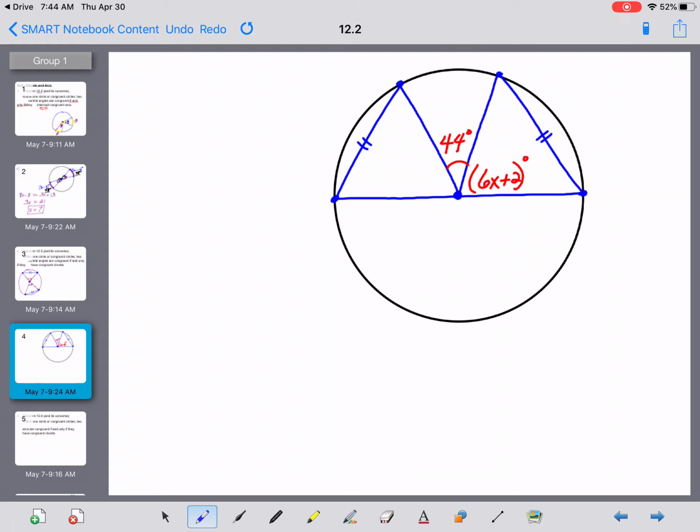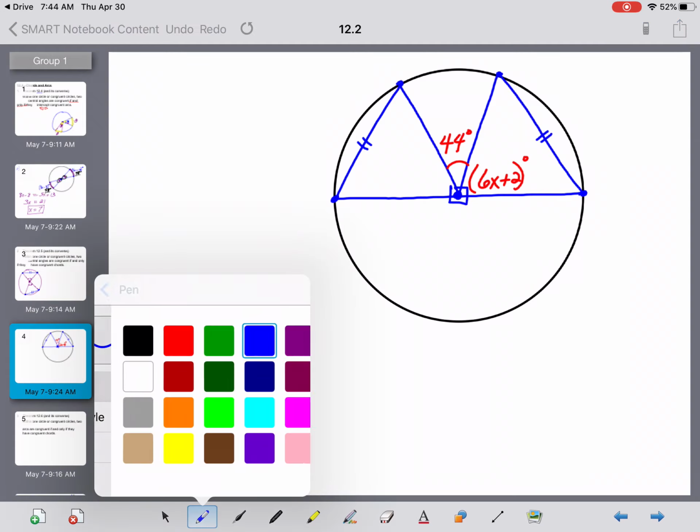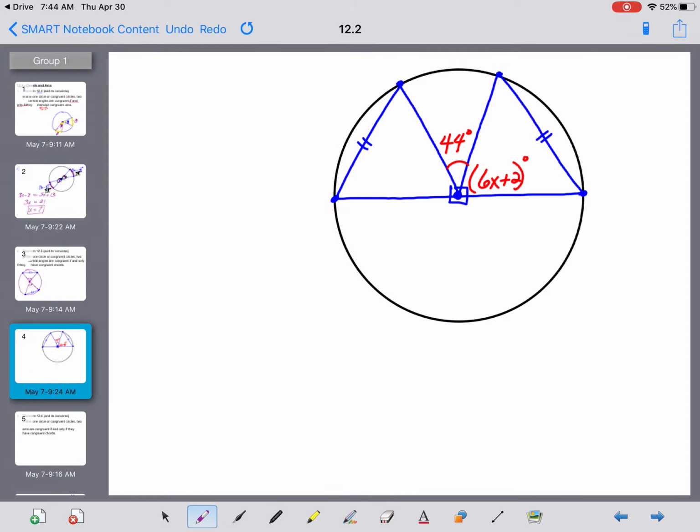Again, no directions, but we're supposed to solve for x. So we've got a lot going on right here, guys. We are allowed to assume that this point right here is the center of our circle. Okay, and maybe the most important thing to take from this is the congruent chords that we have right here and right over here. Okay, now there are other segments within here. In fact, this is a radius, that's a radius, so is this, and so is this. So 4 radii are drawn within that circle,